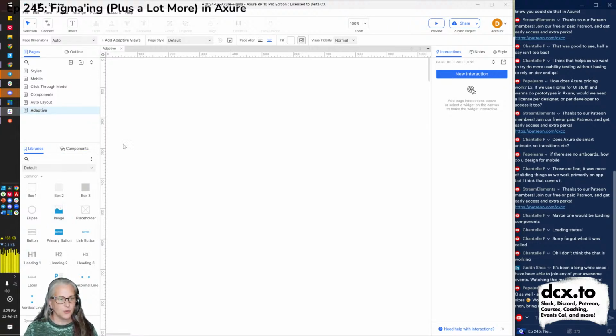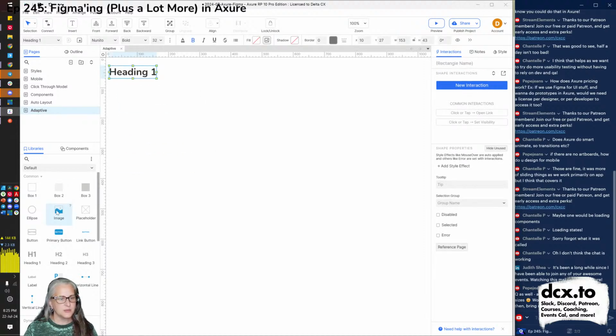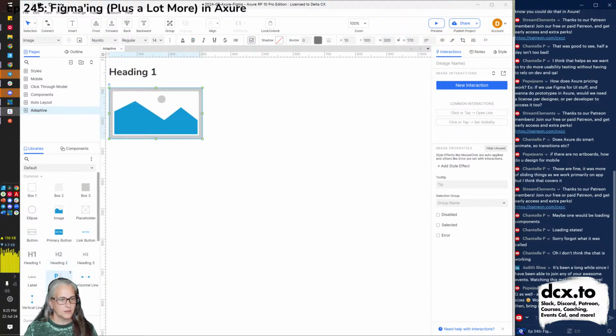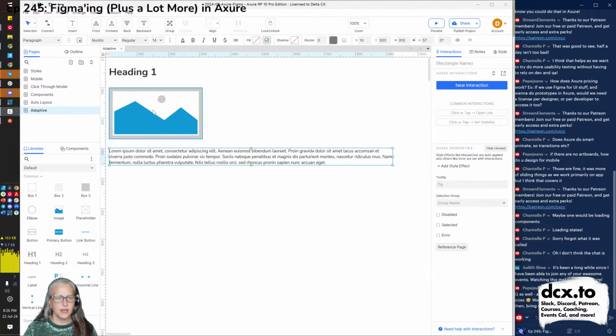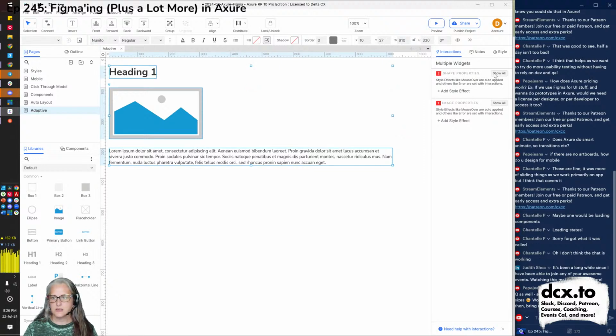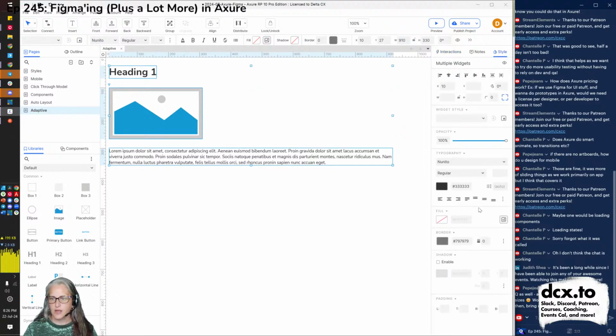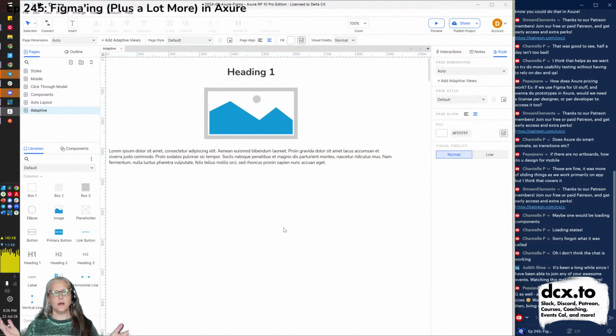So let's say, for example, we've got heading 1. Sorry, my drag and drop is being so funky today. Grumpy mouse. Here we go. Heading 1. Let's just make some ugly stuff for fun. Heading 1. Giant picture. Block of text. Big wide block of text, because this is our desktop version. Okay, so let's just grab these things and just quickly line them up. Okay, let's pretend that this is our web page, ugly as it is.